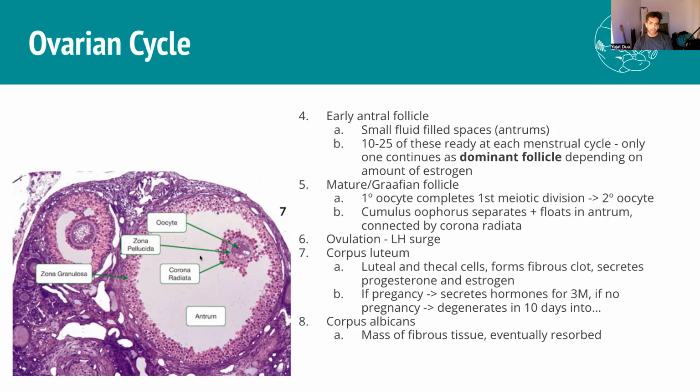Okay, then from the mature follicle, ovulation occurs based on the LH surge, which is in the hormonal cycle later. The oocyte is now out into the fallopian tubes and the uterus. What we're left with is a corpus luteum, which is just the rest of the follicle. It's made up of luteal cells and thecal cells, essentially forms as a fibrous clot, and secretes a lot of progesterone. The whole point of the corpus luteum is that if the ovulated ovum in the fallopian tubes gets fertilized by sperm and an embryo forms, it needs to secrete hormones. The corpus luteum secretes hormones to support that